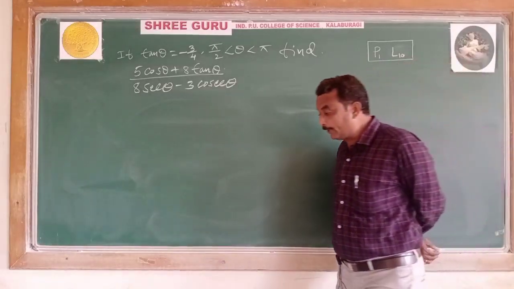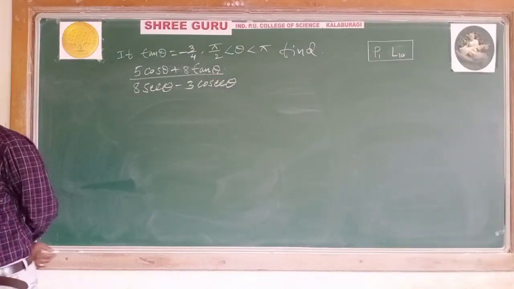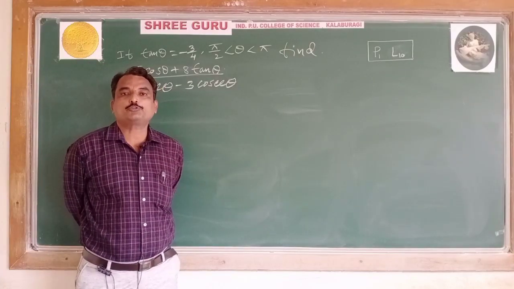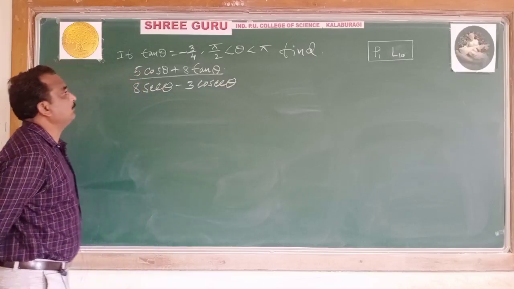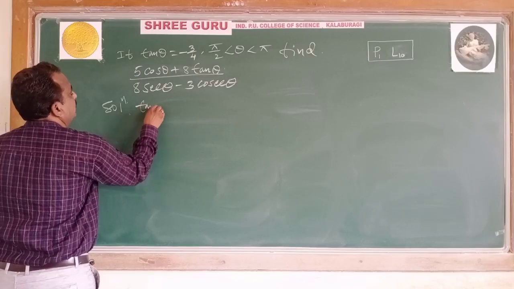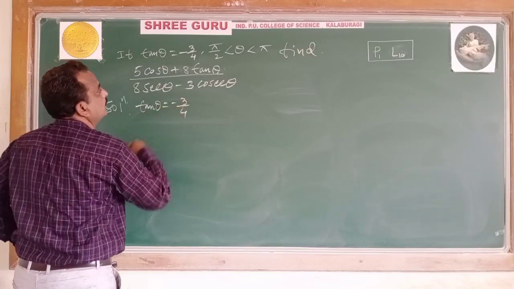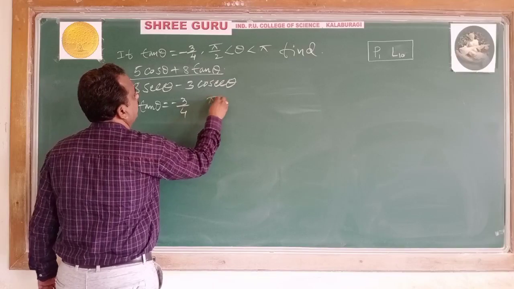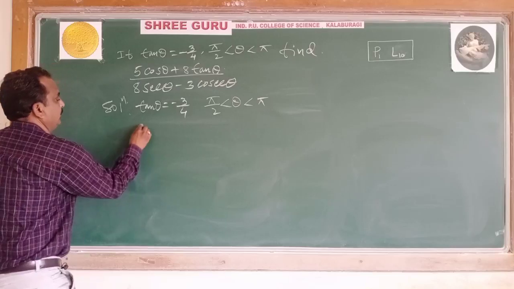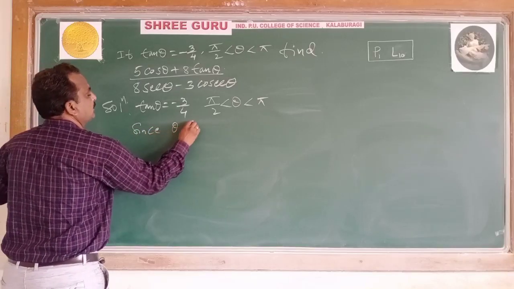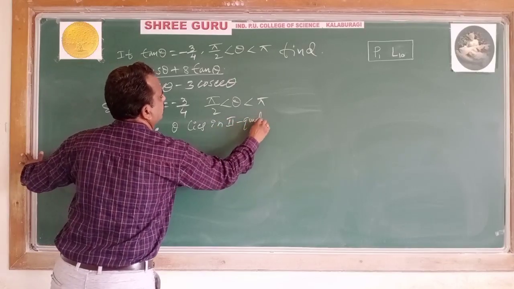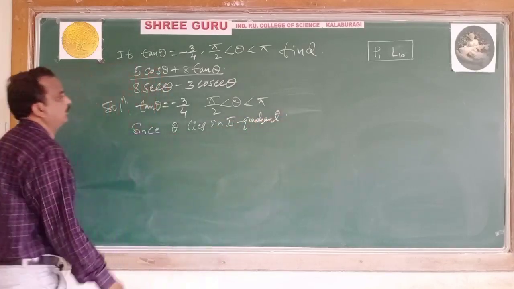Let us see, students. In the previous example, an acute angle was given, which means you have taken the first quadrant. Then here it is given that theta is more than pi by 2. See the solution here: given tan theta is equal to minus 3 by 4, theta lies between pi by 2 and pi. It means since theta lies in the second quadrant, clear, students? Theta lies in the second quadrant.